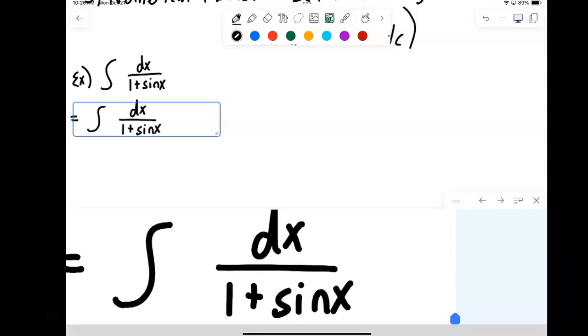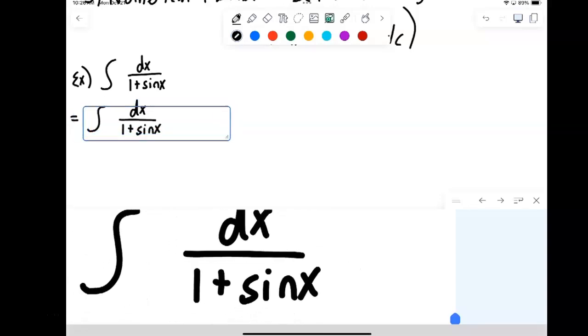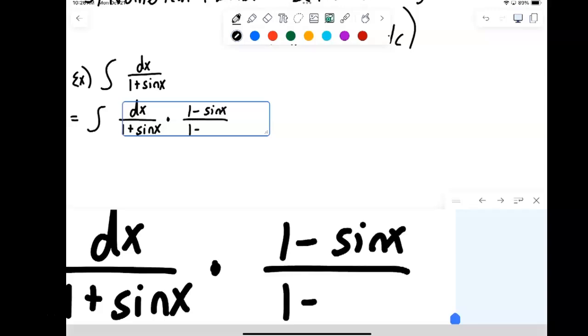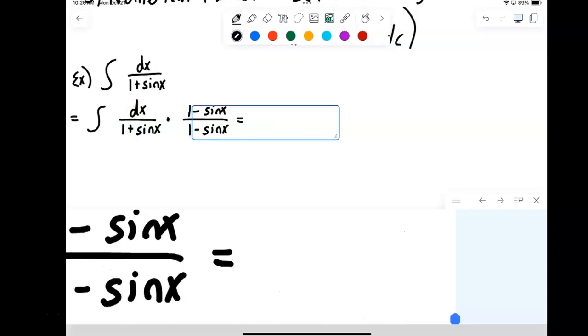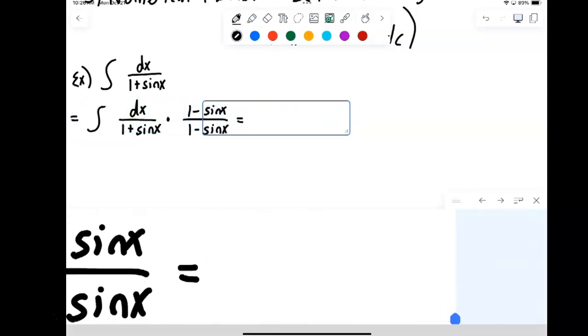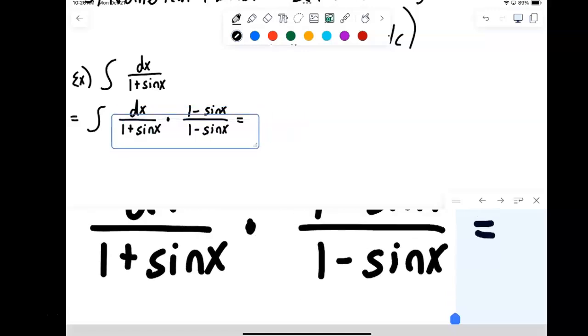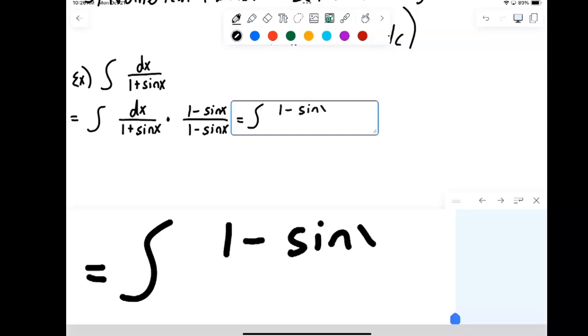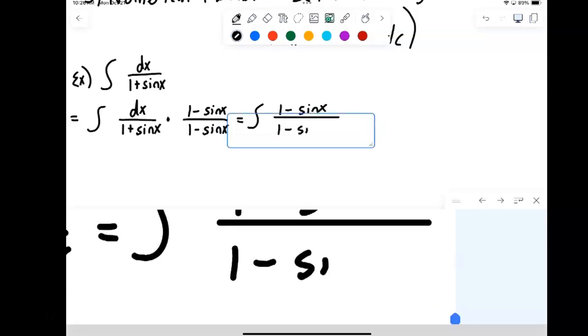If it was just a 1 plus sine in the numerator, it wouldn't be an issue. We'd just integrate each piece. But here we would multiply by 1. We multiply to make that denominator become a difference of squares. The idea being that that will let us transform over to an integral with the denominator being something involving cosine. So doing so gives us 1 minus sine x over 1 minus sine squared x